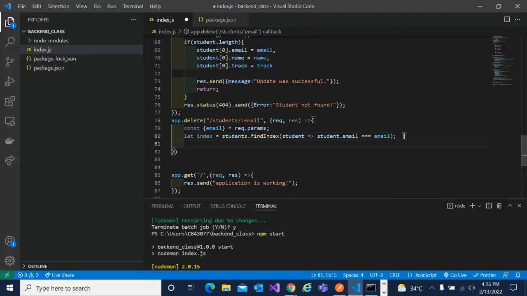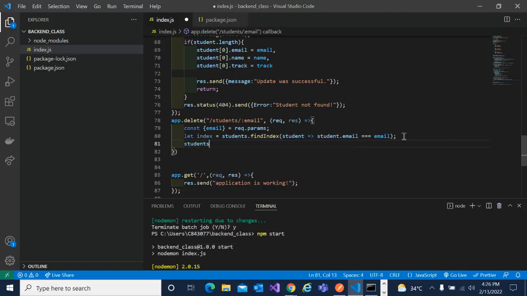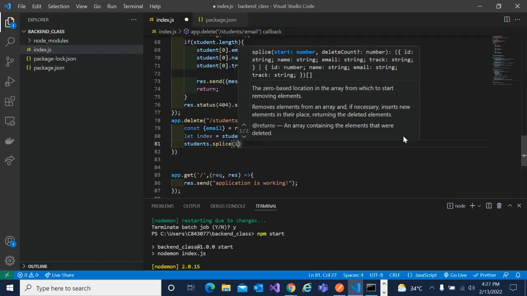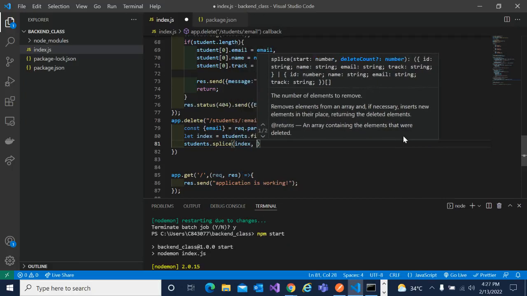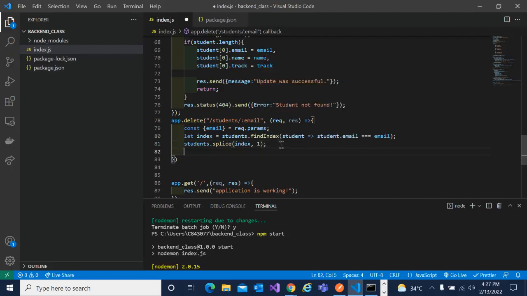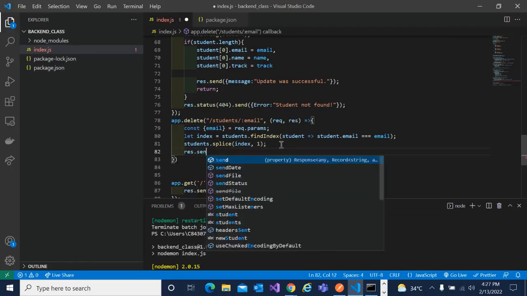So once we've gotten it, we'll then say students dot splice. It takes two parameters, which are the index and the number of items to delete. So passing the index here, and the number of items to remove from the array is just one. So do this. Then the res dot send